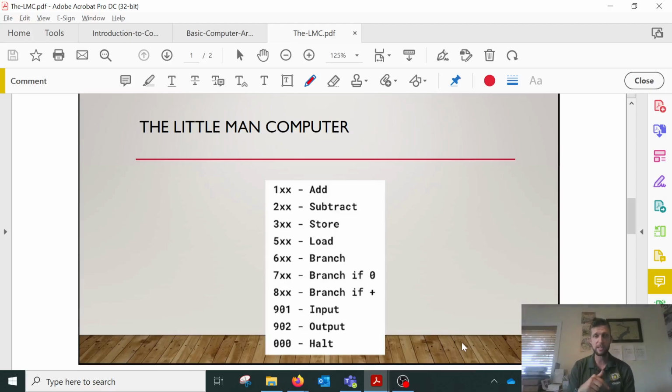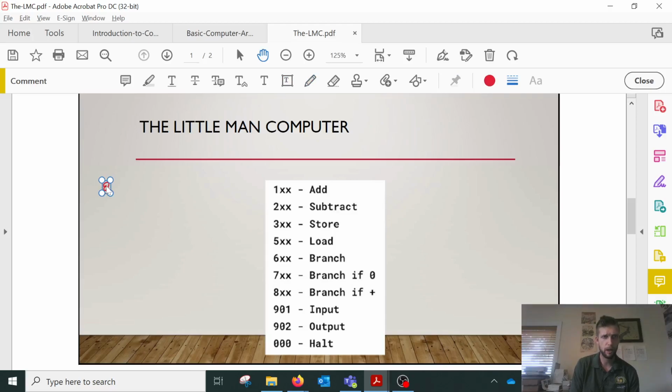In the last lesson, you learned all about the structure of that hypothetical device and how it operates, and hopefully you got a feel for how this thing could potentially be used to build, well, at this point simple, but eventually more complex computer programs. I want to take a couple minutes now just to look a little more closely at the instructions of the little man computer and highlight a couple of features of those instructions that are going to be important to this class. So the first is talking about